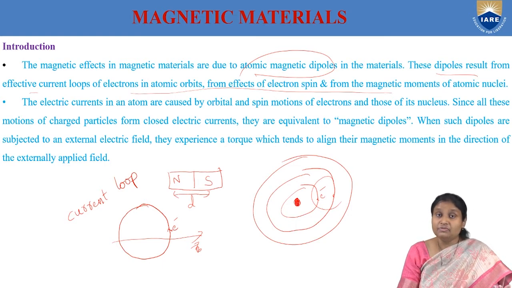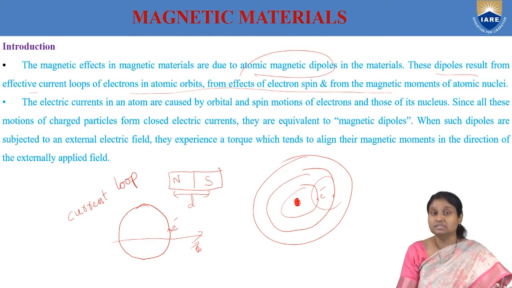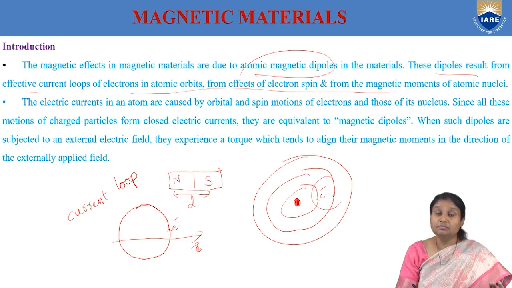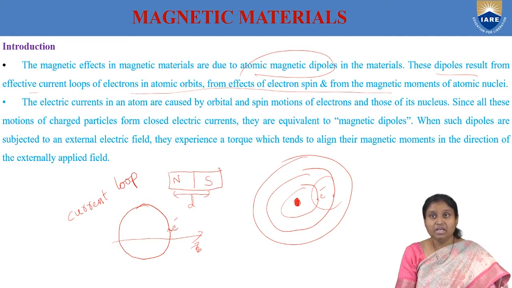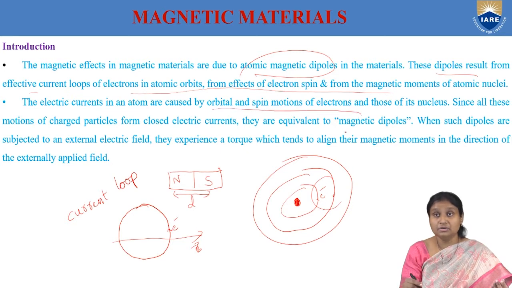We assume orbits to be circular, although they are of course elliptical, so we can consider circular orbits of radius r. When electrons move in circular orbits, it is just like the flow of current. Because of this current, and because of spinning as well as orbital motion, a magnetic field is produced, and its direction is perpendicular to the direction of flow of the electron, or perpendicular to the surface area of the atom. So the main role in magnetism comes from the orbital and spin motion of electrons.